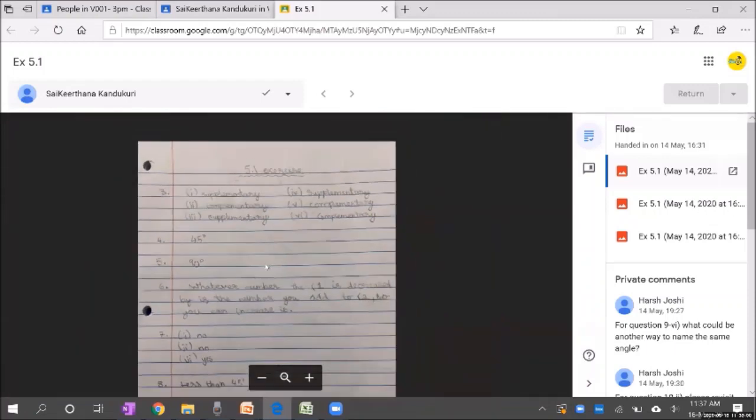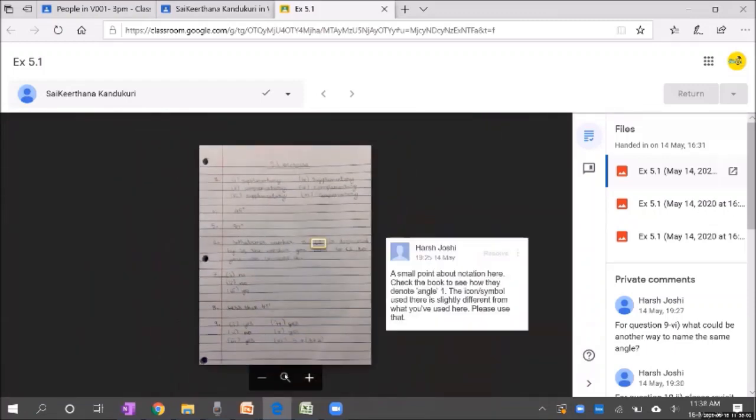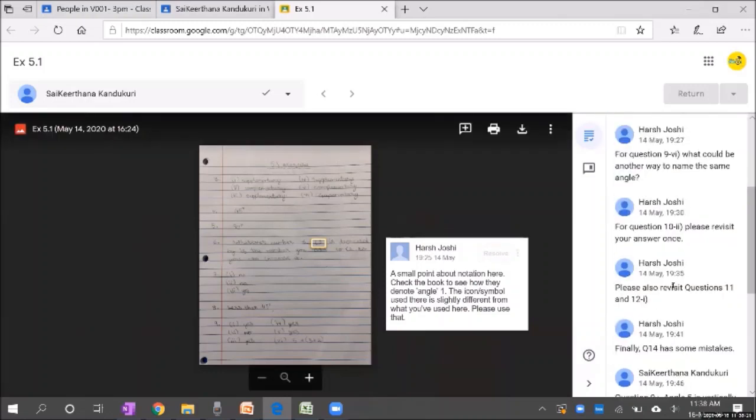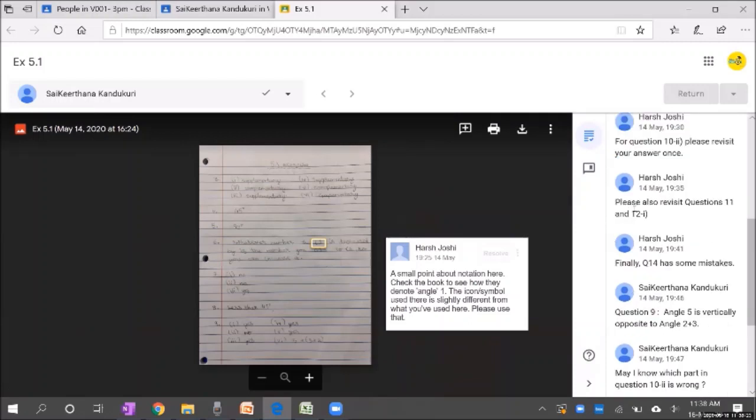It's like putting it in WhatsApp. As simple as putting it in WhatsApp. Now the best part of it is, I think this is Harsh. Harsh, these are your comments, right? Yeah. Okay. So here, Harsh has done a correction for that notes and given a comment. This comment will be available to the child, and you can see on the right side here the interaction between the child and the tutor in terms of clarification.